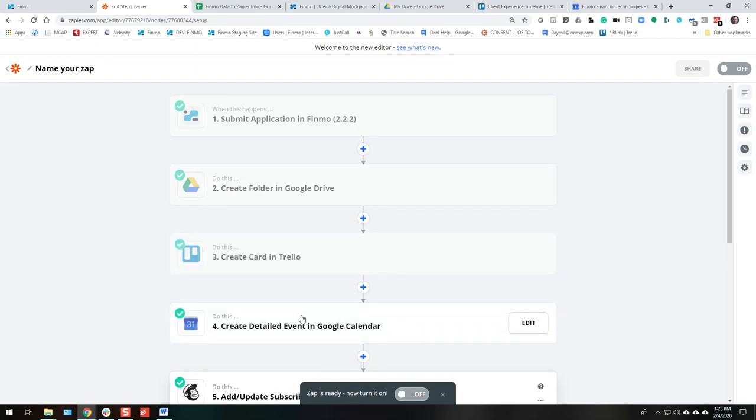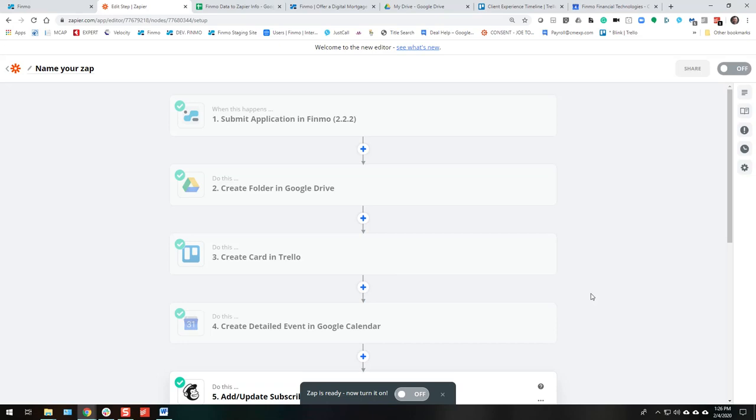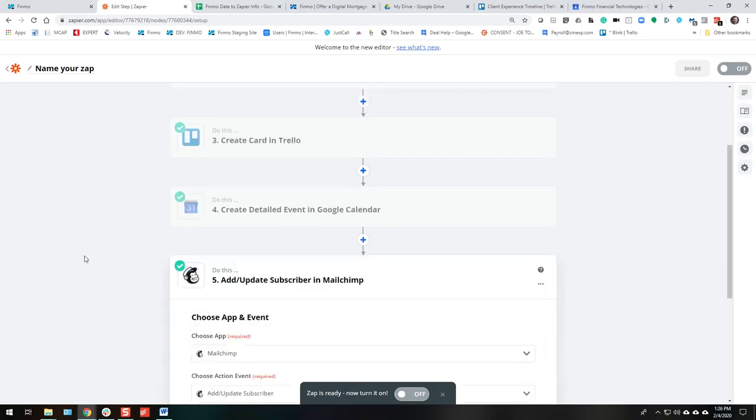Create a detailed event in Google Calendar, another couple minutes. Add a subscriber to MailChimp, what's that? So we're looking at maybe 20 or 25 minutes, with distractions, that we would normally have taken out of our day to do all of these steps when we get a new client come in. But Zapier and Finmo can work together to get this done for you every single time. So now you simply come up here and give it a name, new application,